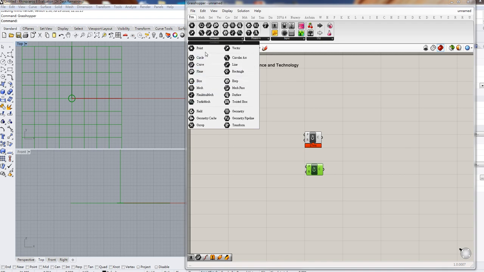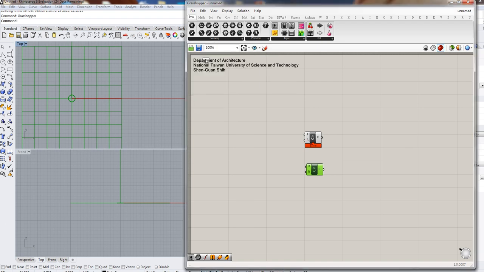Now we can take this point here and place it. It is orange because it lacks a desirable input. Here it takes a point to get a point. To initialize the value of this point,